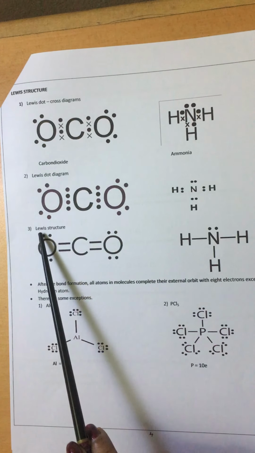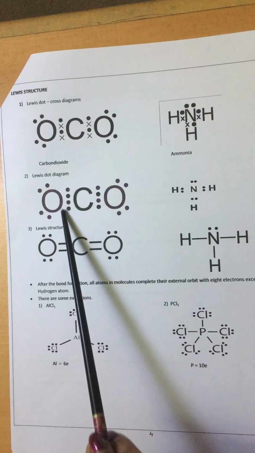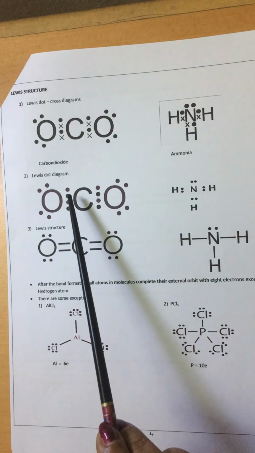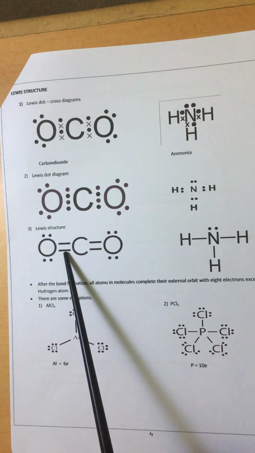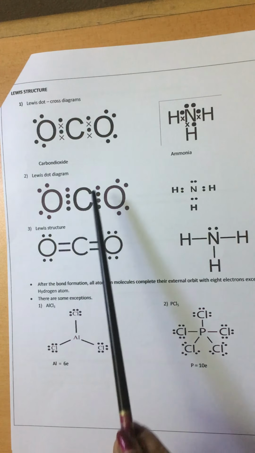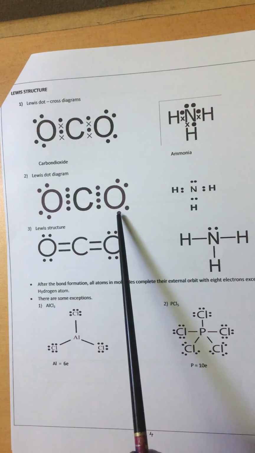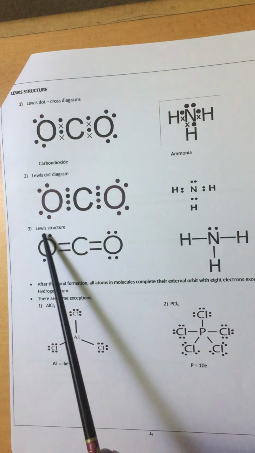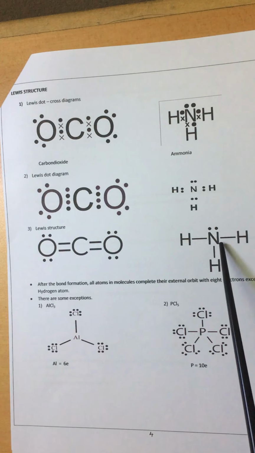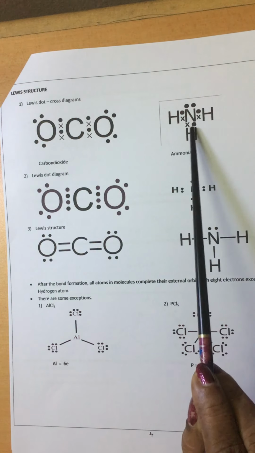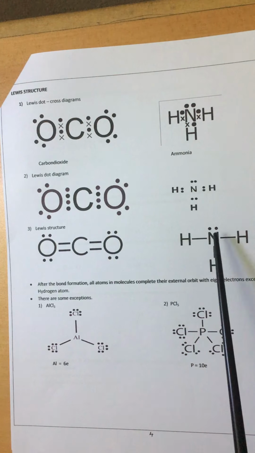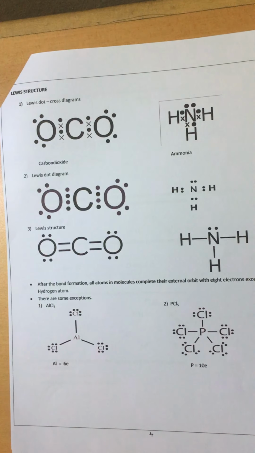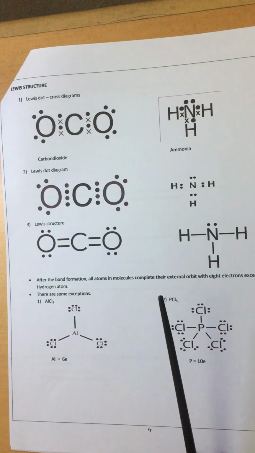And the other one, just they ask Lewis structure. The bond electrons we have to mark with line. Now we say here 2 pairs of electrons are sharing. So we have to mark with 2 lines. 2 pairs, 2 lines. Here also 2 pairs, 2 lines. The electrons which are not making bond, we have to mark with dot. The ammonia also the same thing. Here 1 pair they are sharing, so a line, and 2 electrons are not making bond, so we have to mark with dot. Right, that's the Lewis structure. So the other molecules also you can draw and see, right?